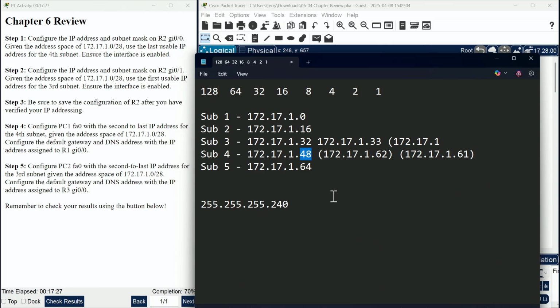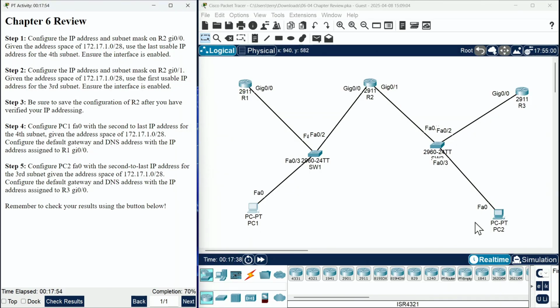The broadcast would be 47, so we have 46 as the last usable. This is the second to last, so it would be 45. So this is going to be .45, and there is the IP address that we need. I'm going to go ahead and copy that, and we're going to go put it into PC2,